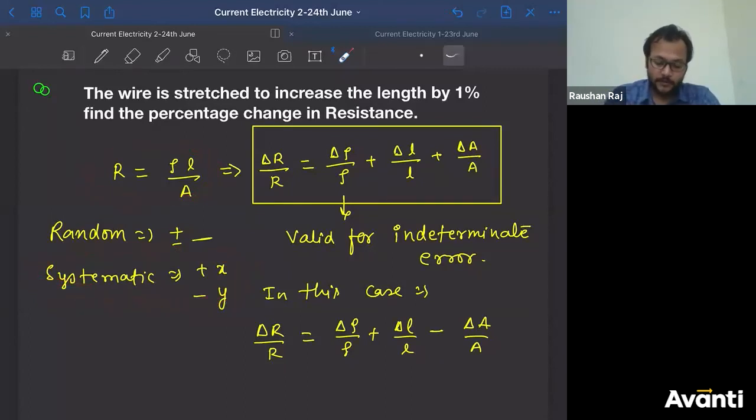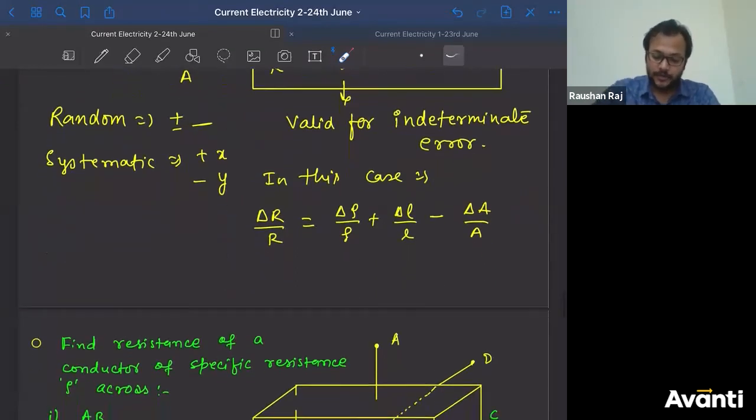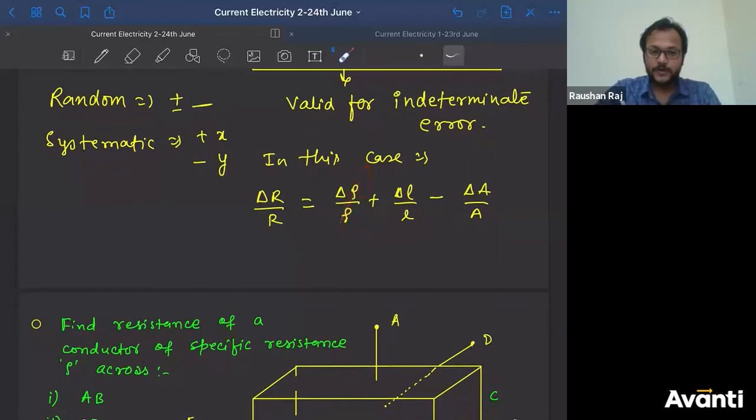ठीक है. But when you talk about random error, we know that error will never be subtracted, so we actually add them. But if you are having a fixed sign, if you actually get this value using the differential method, आपको यहाँ minus sign मिलता है. But when you talk about random error, you convert this minus into plus because error cannot be subtracted in case of random error. Got it? Now you have to put the value. What is the value of delta rho by rho? Because density is not going to change. Sorry, resistivity is not going to change. So this will be 0. Now what is delta L by L? 1%. Minus, what is delta A by A? Minus 1%. So what is the correct answer?